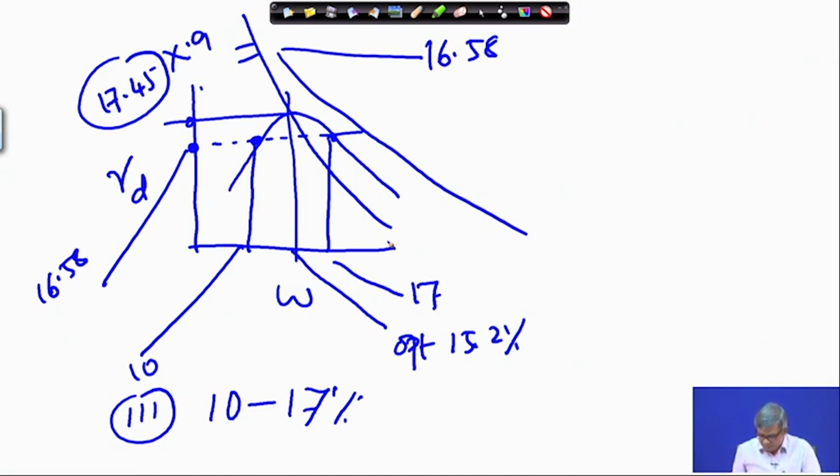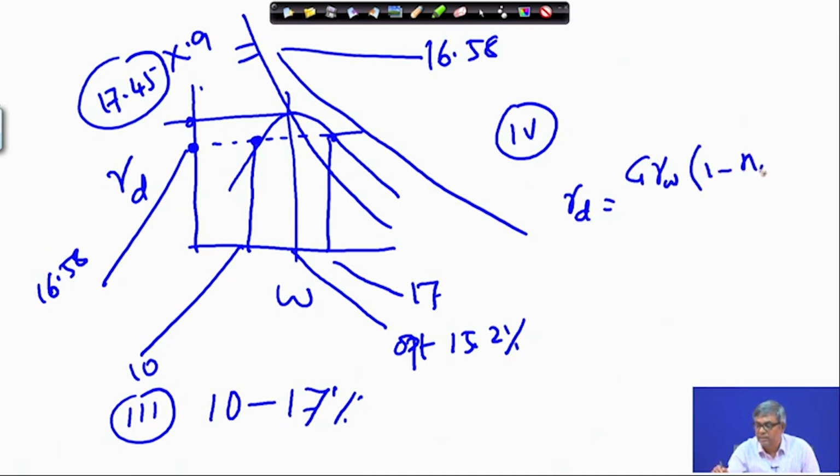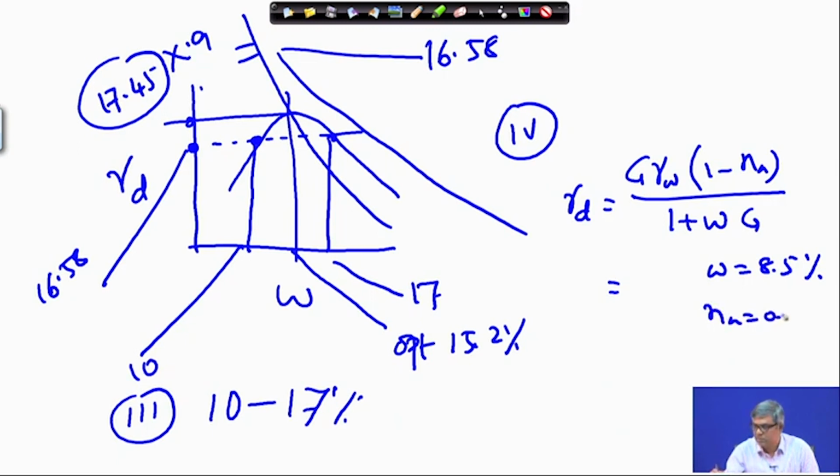Now, the fourth part asks whether the 80% saturation line and the 80% air void line are the same. So, I will take the gamma D equation in context of air content, the expression I have derived once: gamma D equals gamma W into (1 minus Na) divided by (1 plus W into G). Suppose I take the first set of data, water content 8.5% and Na equal to 20%, that is 20% air voids. If I put all those values in this expression, then you get gamma D equal to